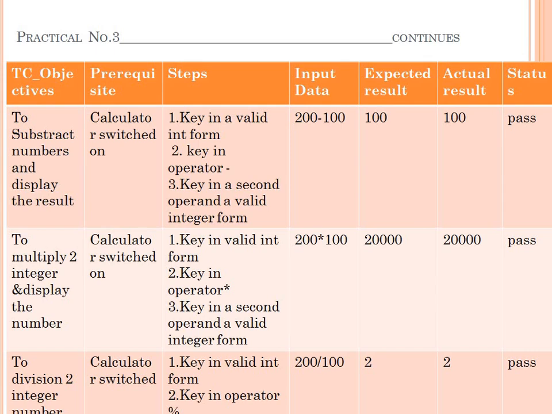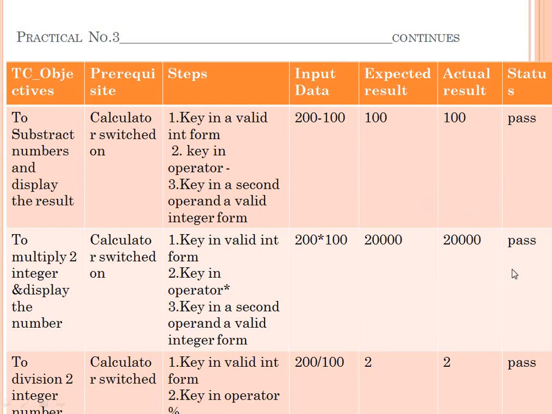Okay, after that, the fourth test case is to multiply two integers and display the result, that is, here we perform the multiplication operation. The prerequisite is that the calculator is switched on. The steps are: key in a valid integer format, key in the operator, that is multiplication, and third, key in a second operand in valid integer format. Here the input is 200 into 100, and the expected result is 20,000. The actual result after performing this multiplication operation is 20,000,